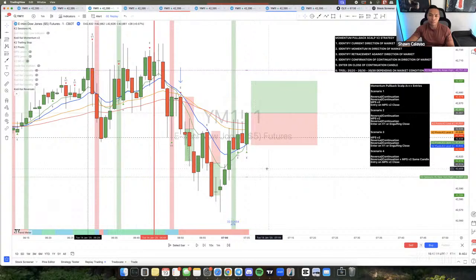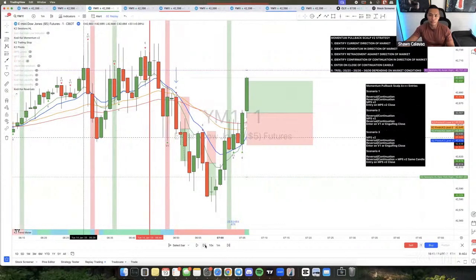I mean, if you want to put them together, you can, but usually if they line up together, they're going to set up for a pretty nice entry, especially if it's a big candle. It's not a big candle, but big enough. So yeah, this right here is going to be an A++ setup. Let's see if this runs. And you can see right there, it blasts straight to TP with pretty much no drawdown.